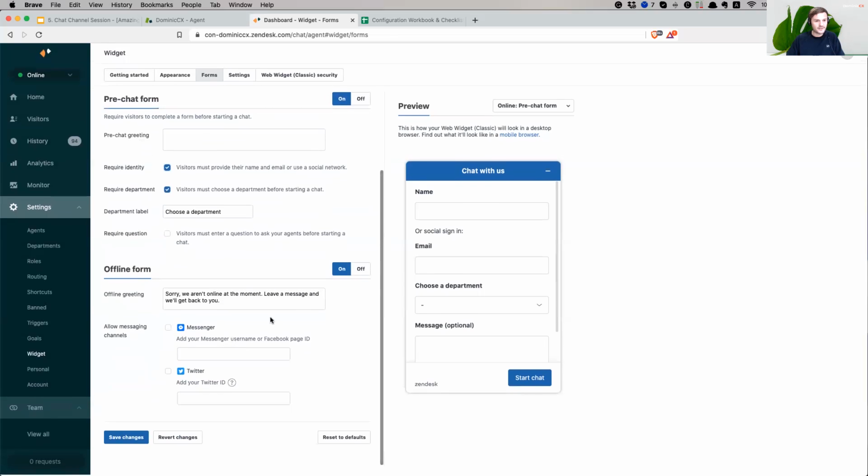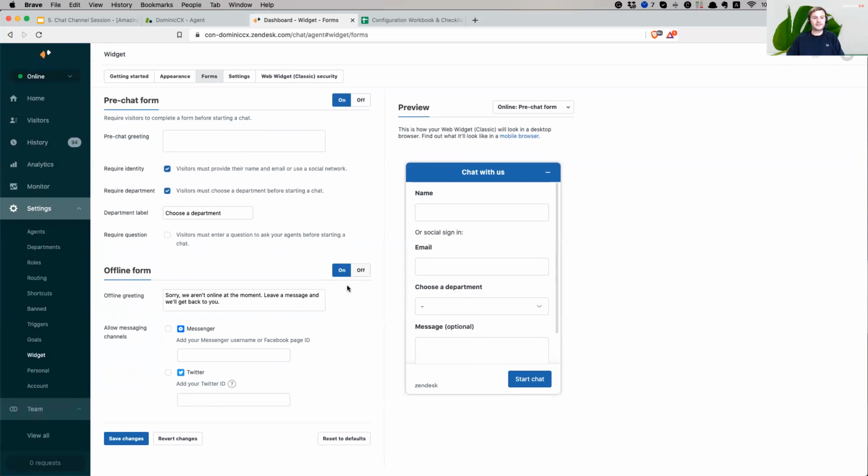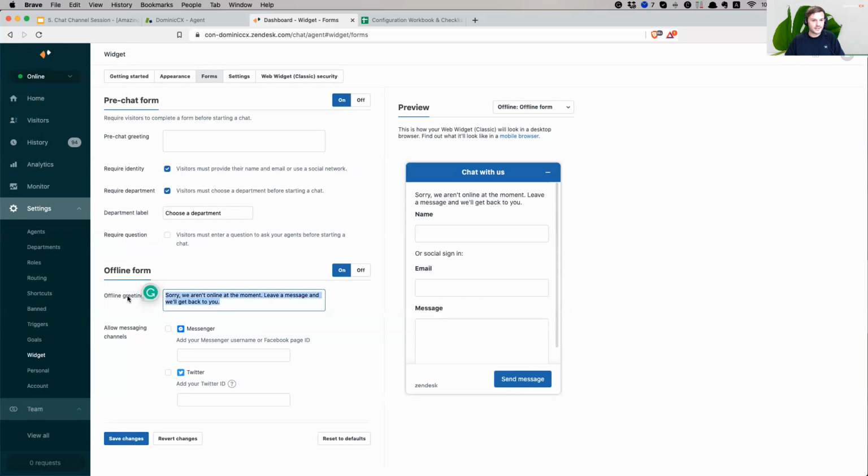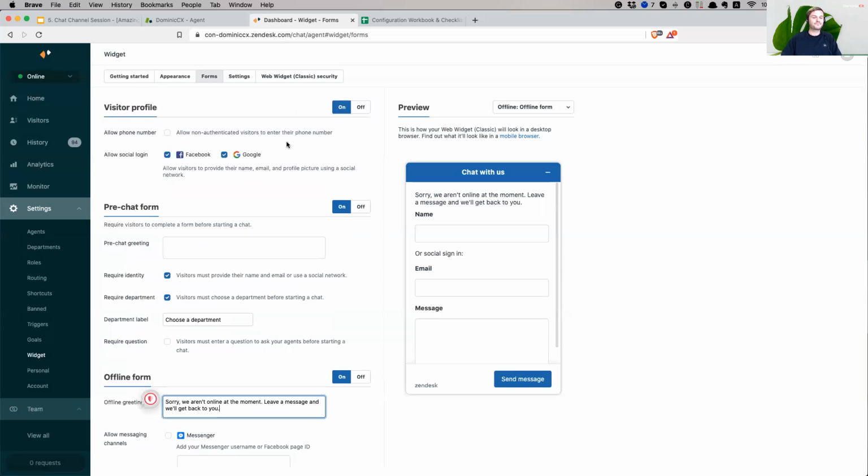Choose department, and then there's an offline form. This is best when nobody's available, right? So you can leave them an offline message and tell them, sorry, nobody is online at the moment, we'll get back to you as soon as possible. You can make this as personal as you like, give it your own spin, your own wording, so it makes more sense to you. So I hope this looks cool to you. I wanted to show you how the pre-chat form looks. So pre-chat form, yes, it's on,